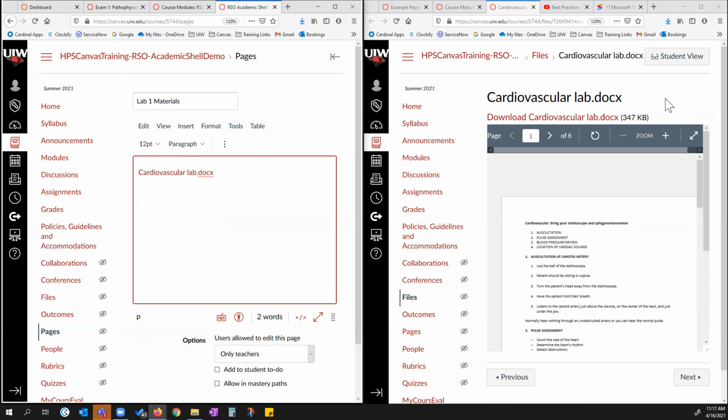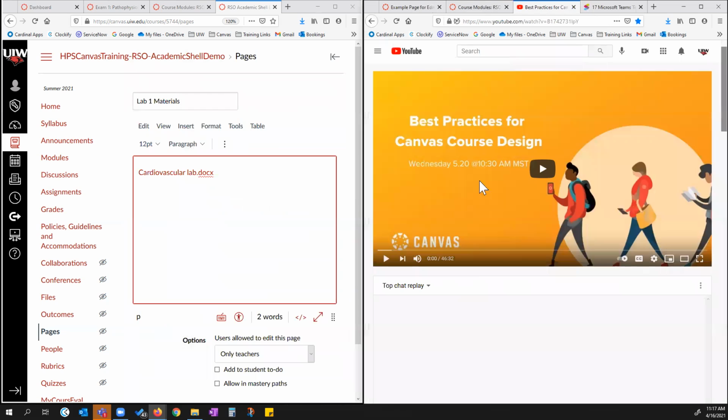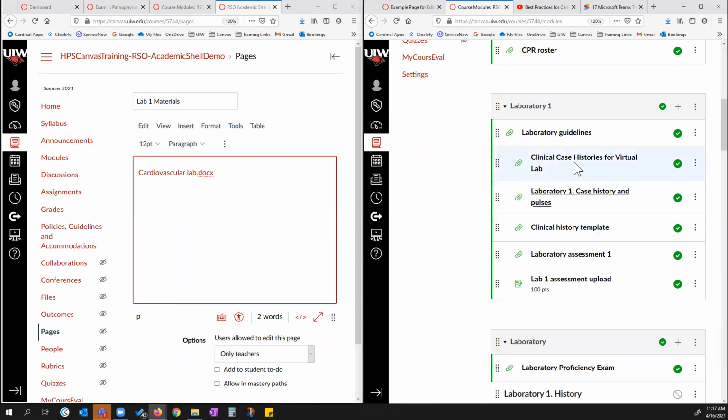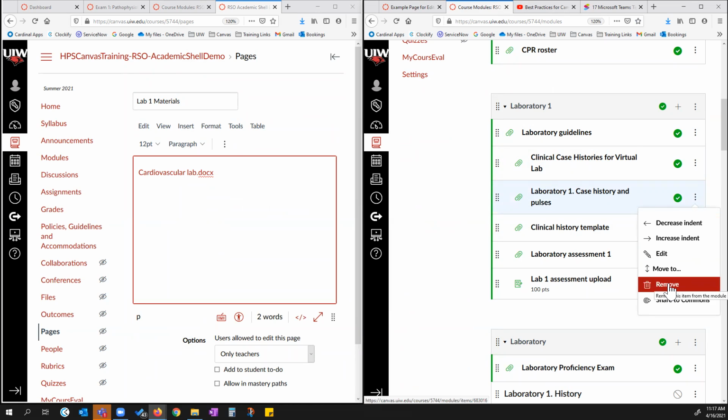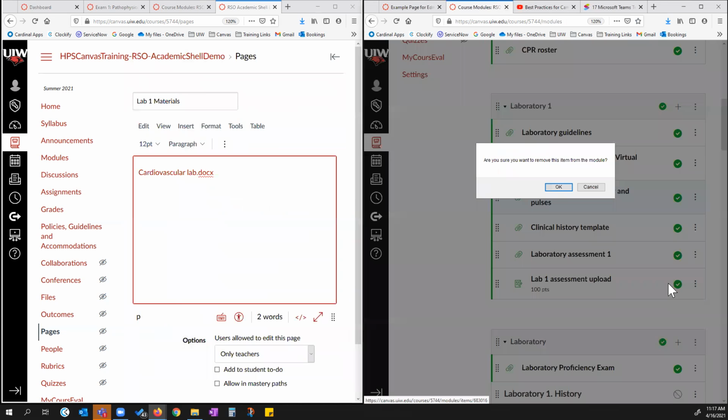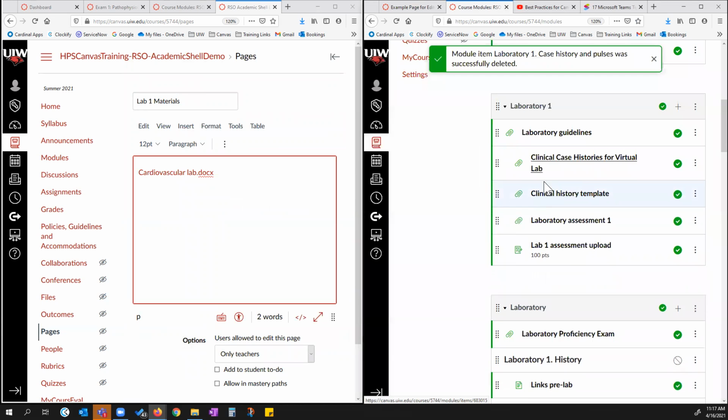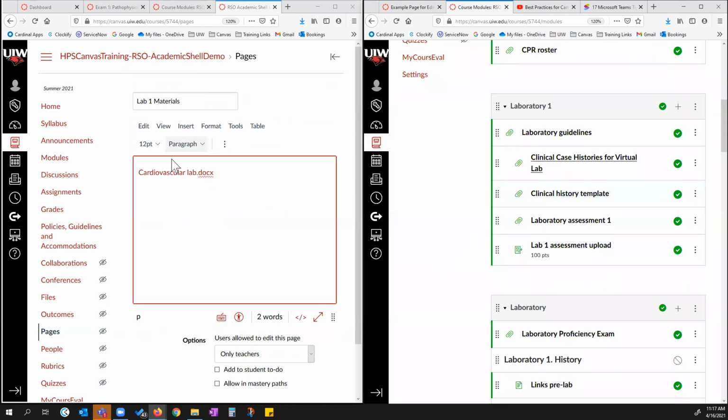And now over here, I can close this and I am free to delete that first item that I was working on. And I'm going to say remove. And what that did was it removed the link, but the file still exists in files. And I've already put it on this page, so I'm covered. And I just work through this one item at a time until my information is